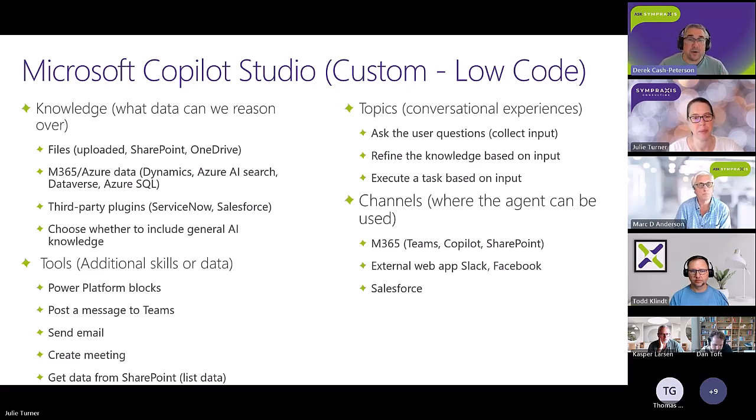And lastly, this is the other big thing, is that we have broader channels where we can publish these agents. So if you're doing all sorts of public related information, you can create an agent that you can then surface on your website, for instance, to do help desk or something like that. Another cool thing is you can publish these to SharePoint and they show up as .agent files and they look and act sort of like the other ones.